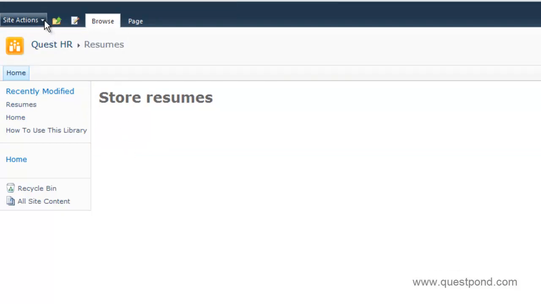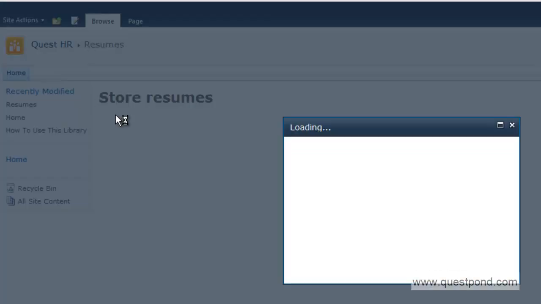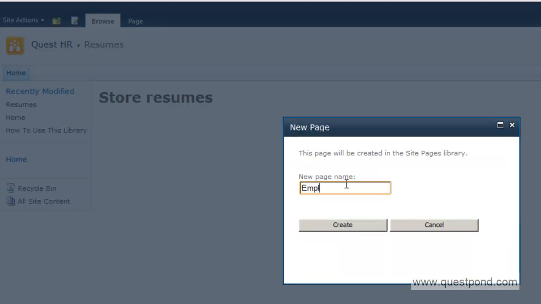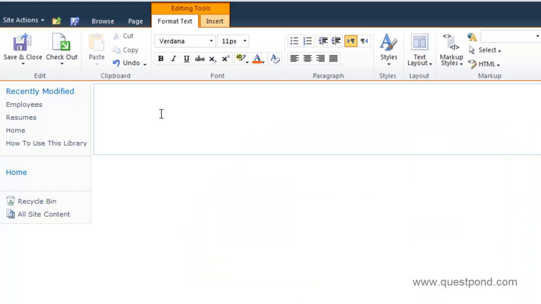Again let me go to site actions. On site actions, click on new page and let me say here employees and say create. Again this will create our employee page. That's the page.